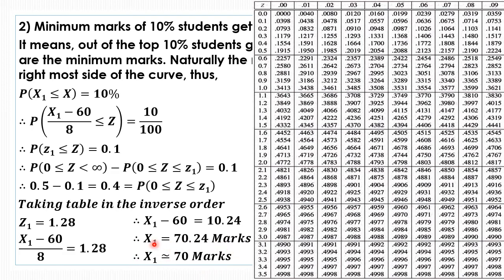I hope you guys got it properly. I mean, you understood it properly, right? Let's hope that. Moving on,